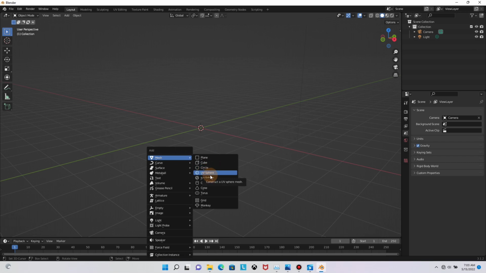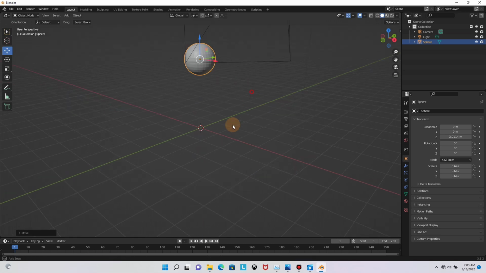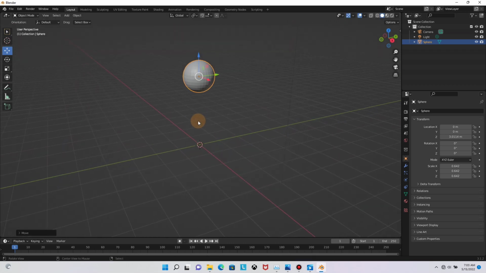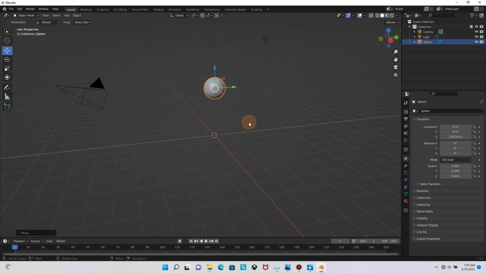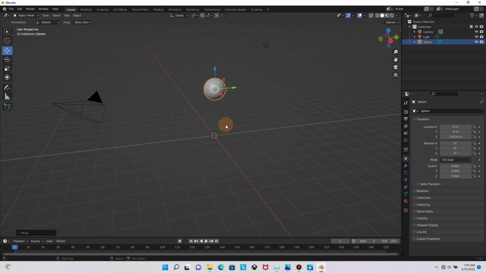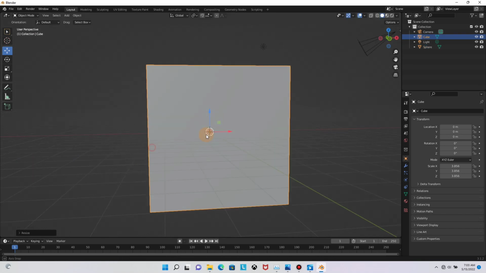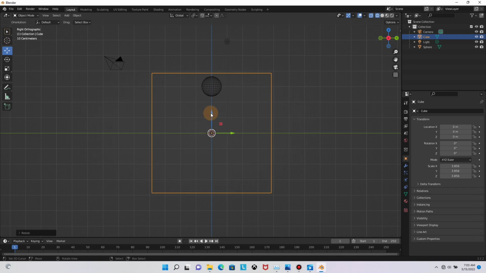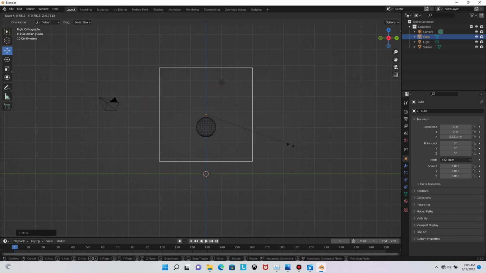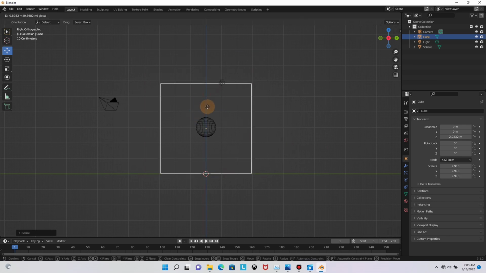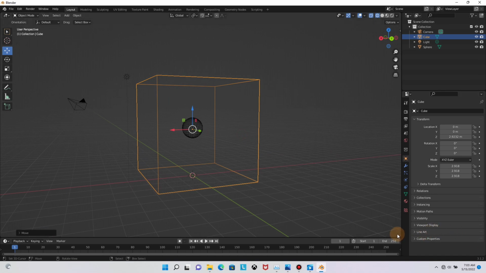So let's have our flow source. This is our flow source. Then I drag it up a bit here. Okay, now this is our flow source, so we need a container, so we can just add a domain for it. So let's add a cube, scale it to overtake this. You can see, and our flow source must be inside this domain. So let me scale down a bit. This is just a reference. Okay, now